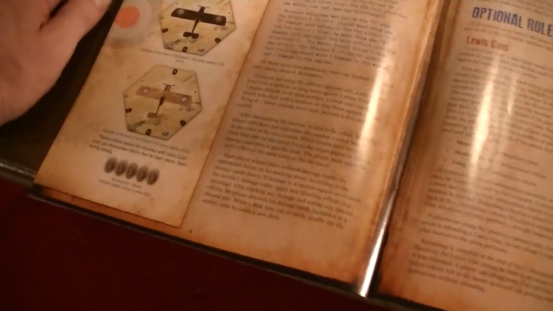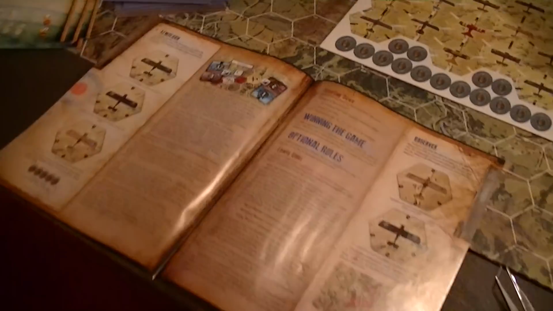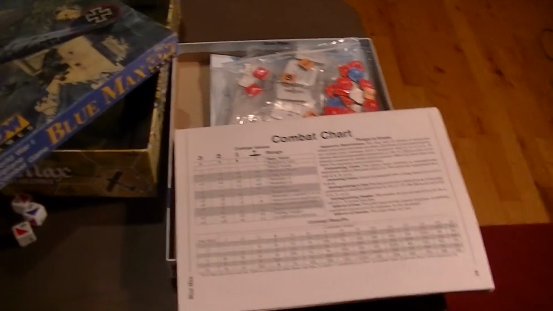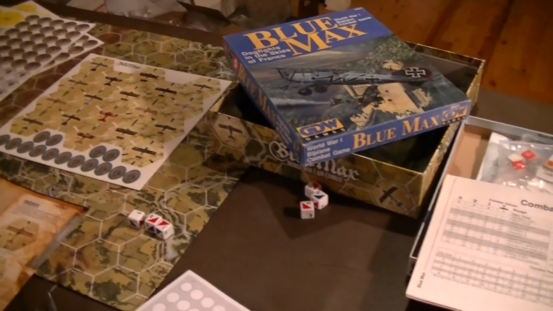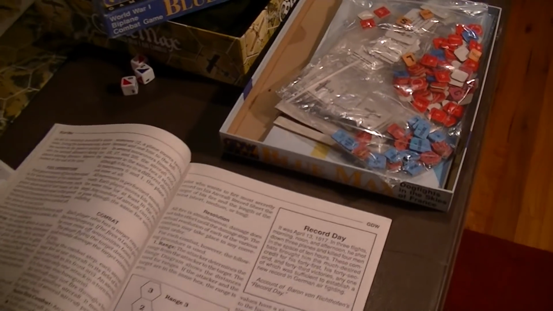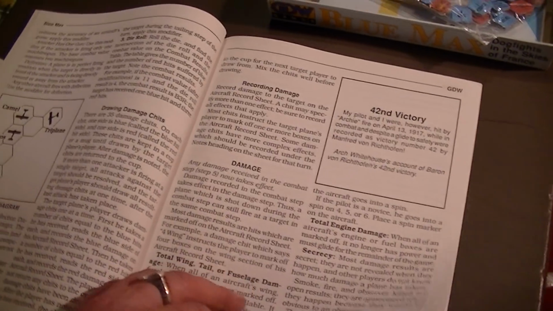After marking damage and noting that the player discards his damage cards face down in a discard pile, then you reshuffle. So this is totally different. In Blue Max, the way it used to work, you draw chits until you take all the hits that you're going to take that round. And then